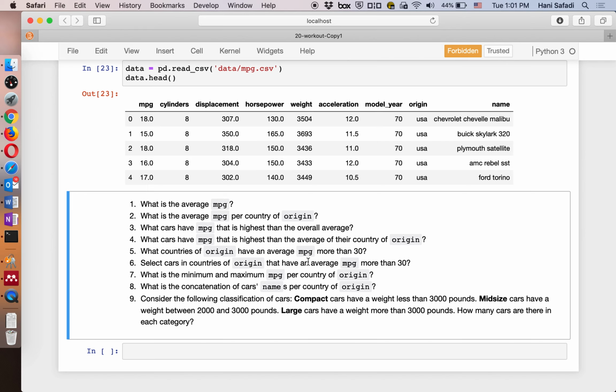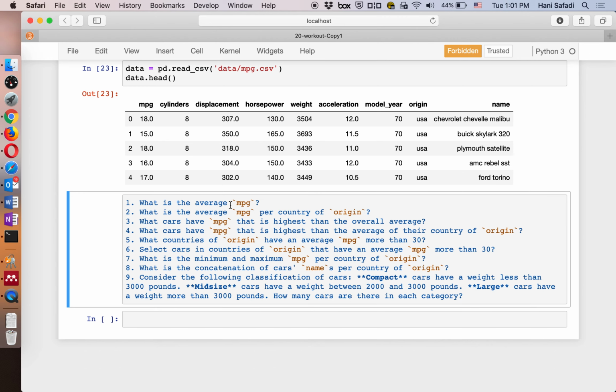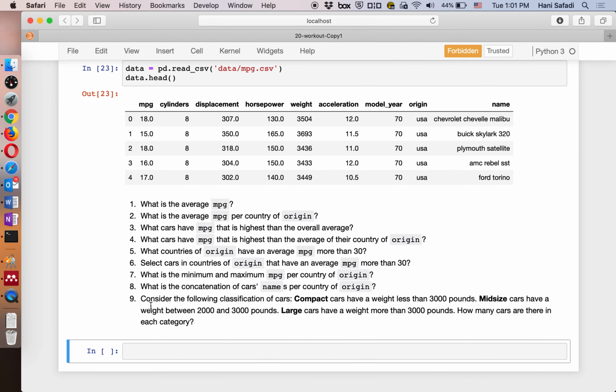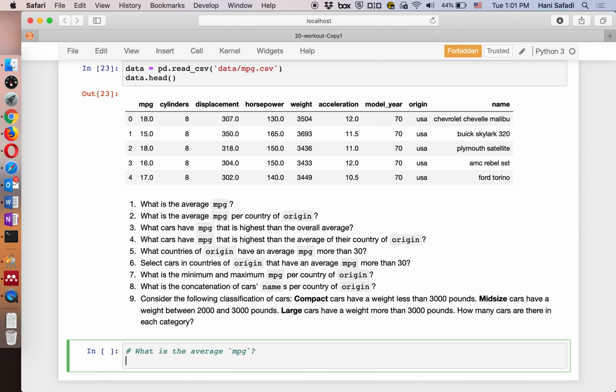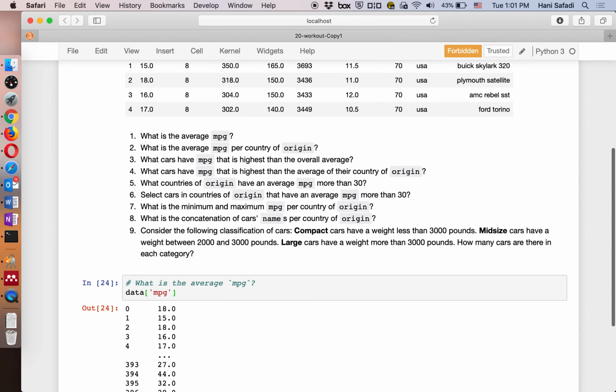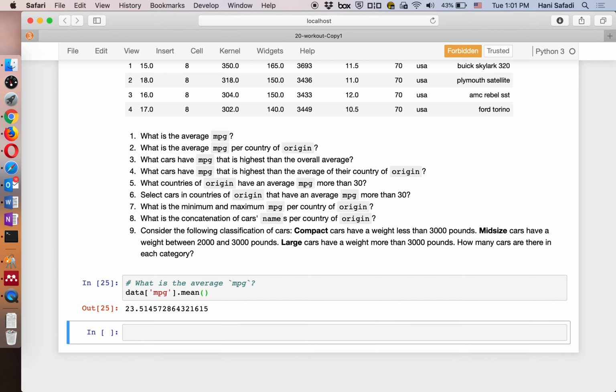So let's take a look at the first question. The first question is asking us about the average miles per gallon. Now this particular question is asking us to report an aggregate statistic on all of the data, and this doesn't require any particular group by operation because it's simply aggregating over all observations. So what we can simply do is pull the column under consideration, which is MPG. This will give us a series,